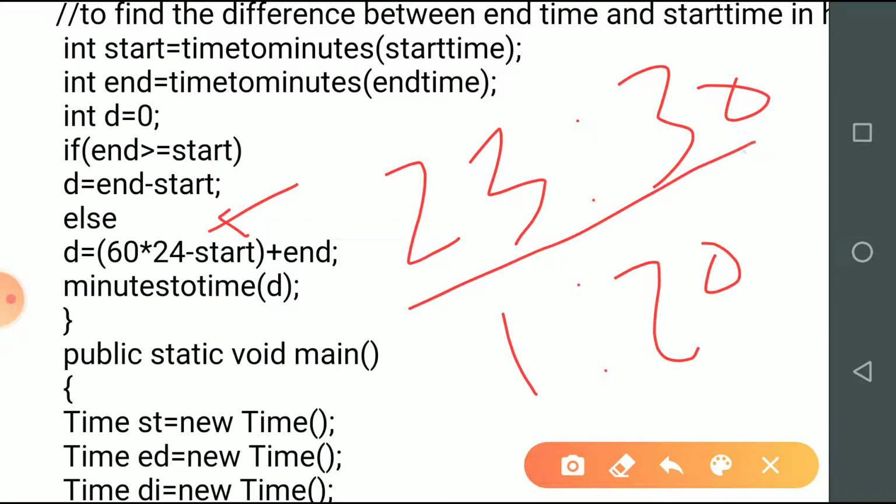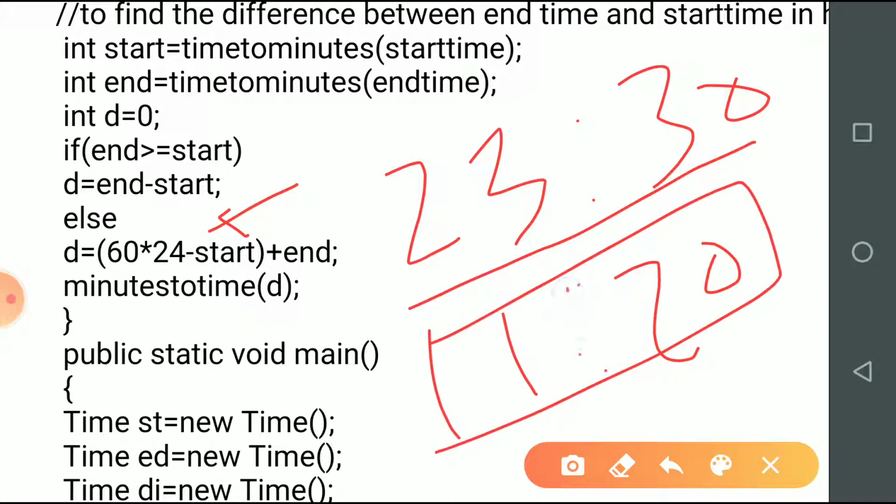What we have done, we have taken 24 into 60 minus start. So 24 into 60 is 1440. 1440 minus 1410 will give you 30. So this will give the 30 minutes for this, and here it will add 80 minutes corresponding to this. 30 plus 80, it becomes 110 minutes will be the difference.